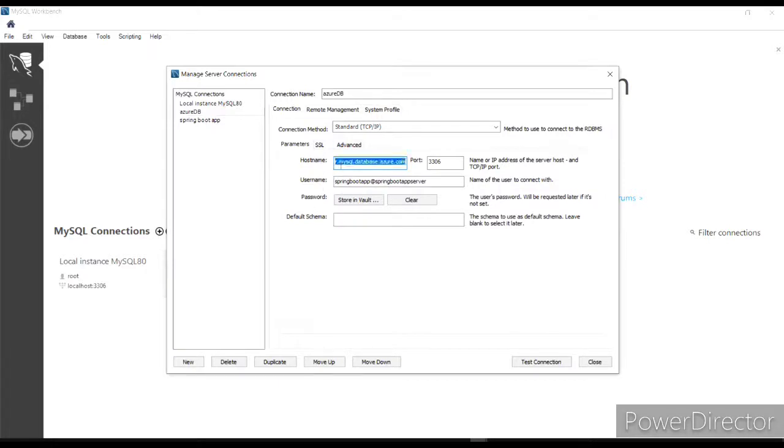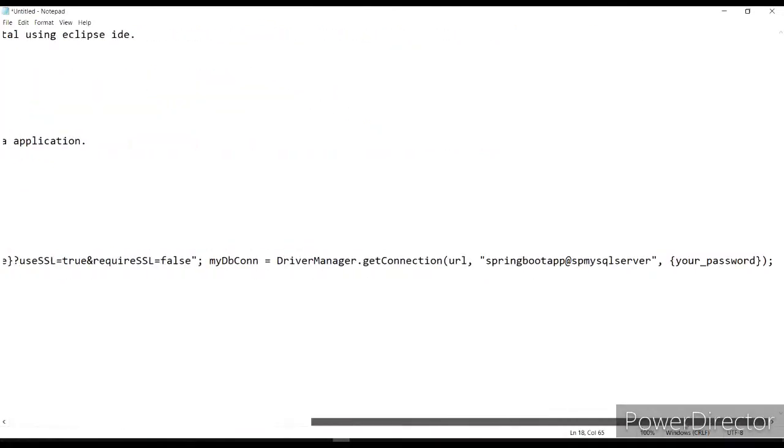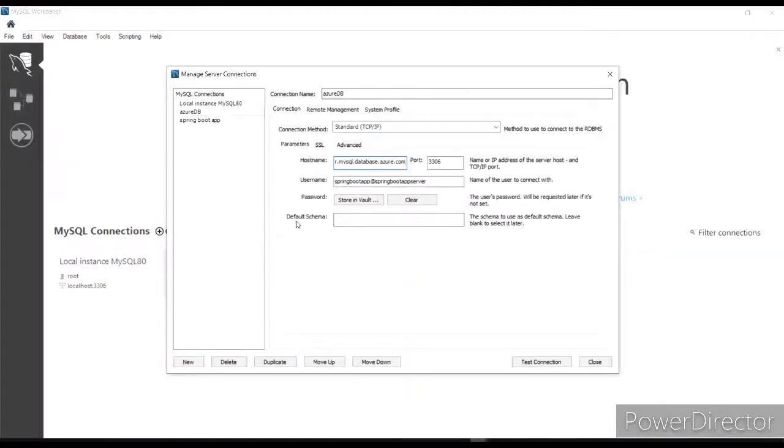I have just copied and pasted my host name here, and now I have to give the username. So I just copy from here. This is our username. I just remove it and paste it here and test connection.